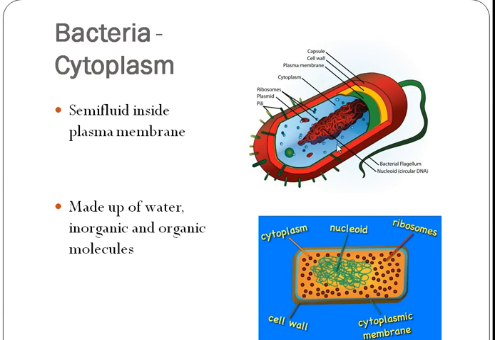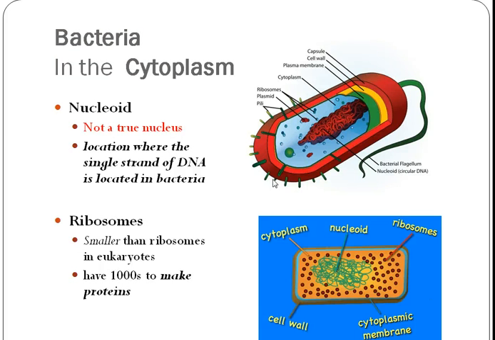Cytoplasm. It's a semi-fluid inside here. It's got inorganic and organic molecules. It's a lovely mix of raw resources to use. And they have a nucleoid region. It's called nucleoid, sorry, I'm stuttering. It's not a true nucleus. It's a location where the DNA strand is located, but it is not a membrane-bound nucleus. And so that's what makes these different. However, they have ribosomes. They're smaller than the ones in the eukaryotes, but eukaryotes